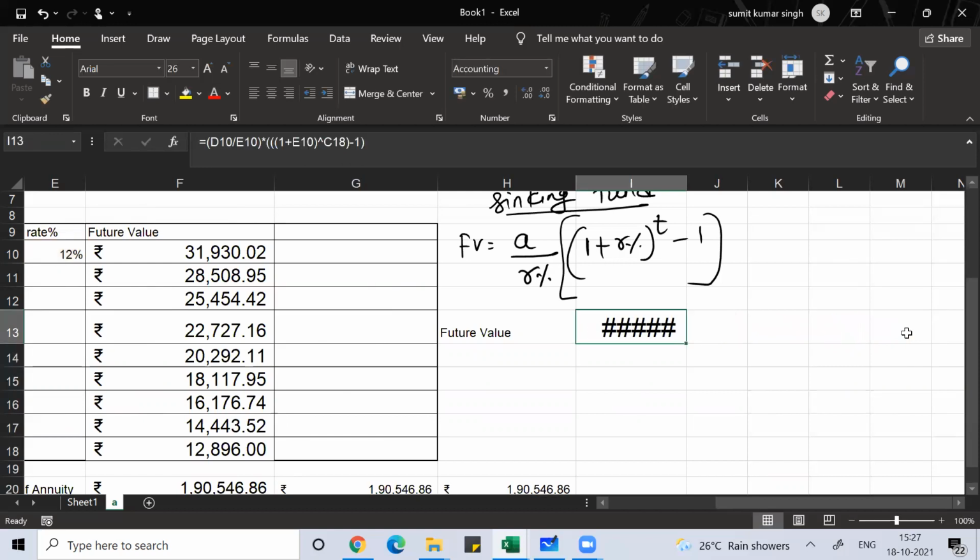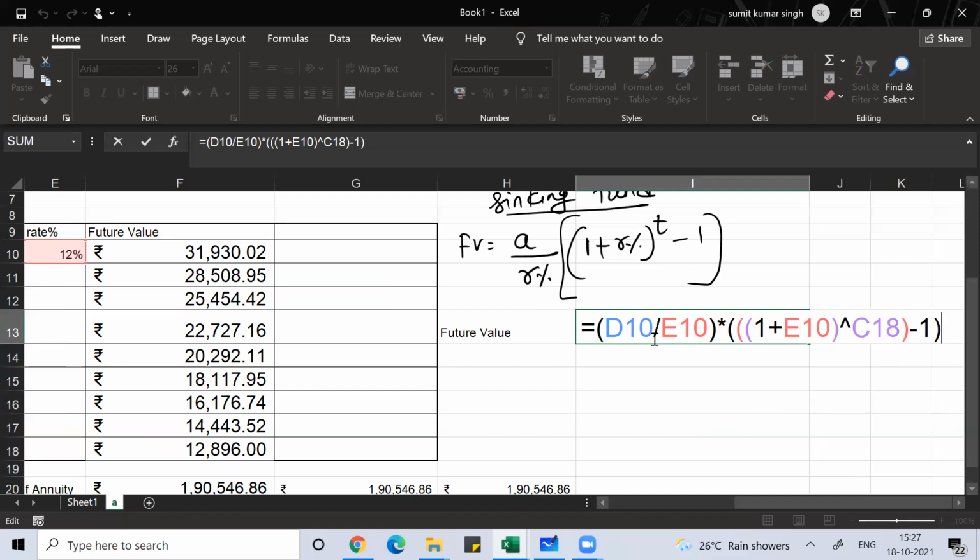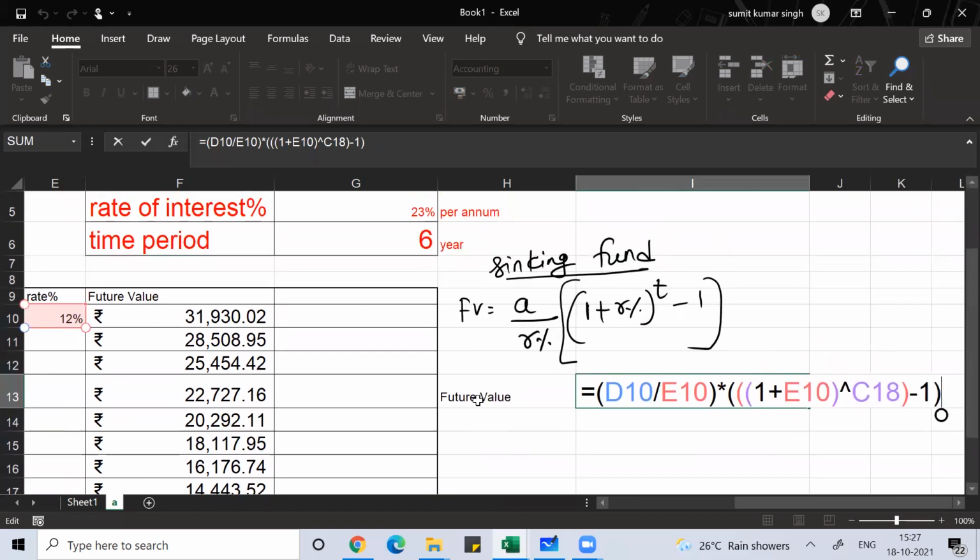If you get a hash sign, don't worry. It just shows that you need more space. Can you see that? You'll get the same money. Clear, everyone? Press F2 to check the calculation. Anyone, any doubt? Feel free to ask your doubts in the comment option, and please learn to work on complicated calculations so that your basic understanding of using brackets for performing calculation can be improved.